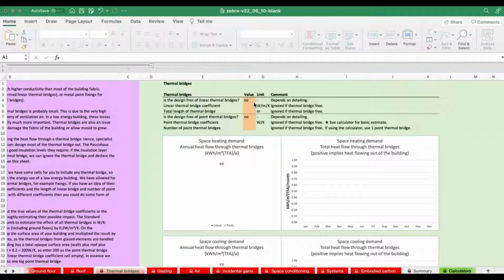The first thing you can decide is whether the building really doesn't have any thermal bridges. If you've got a super insulated building with the insulation layer being 2/3 of its normal depth over all columns and everything, and there are no concrete lintels exposed to the outside temperatures or anything like that, you can probably declare the building as thermal bridge free.